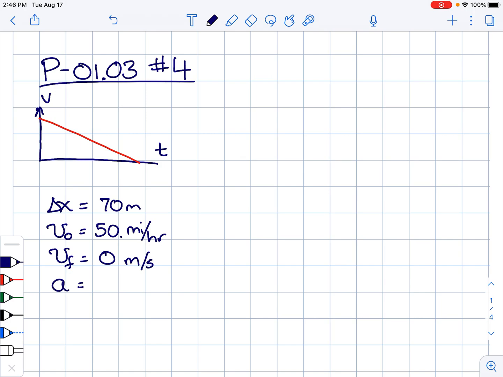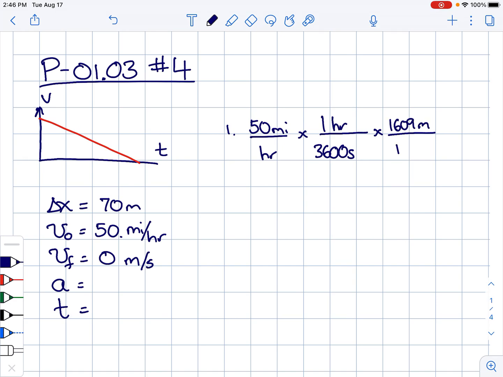The acceleration is unknown, and there's also time, but we don't know that either, okay? So your first step for this problem, for number 4, is to convert your velocity. So step 1 is to take 50 miles per hour, or whatever you have. That's per hour. We're going to multiply it by the fact that there is 1 hour in 3,600 seconds, and we're going to multiply it by